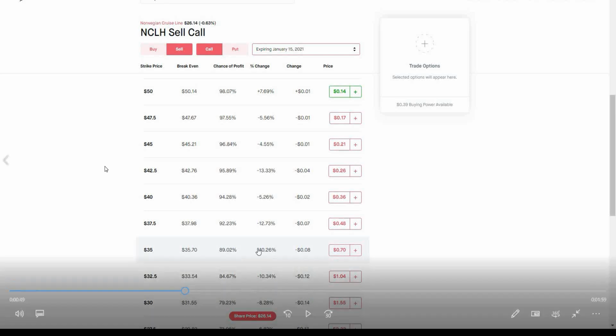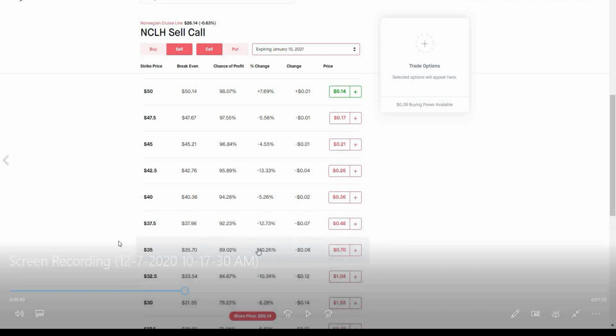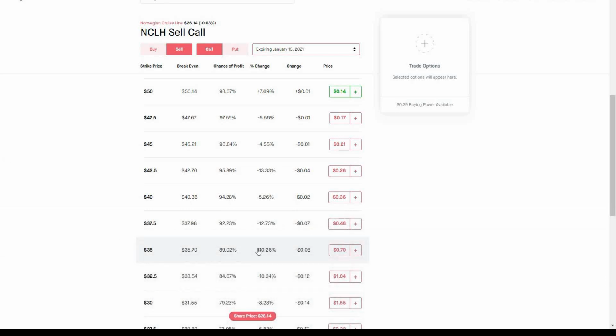So I end up getting $3,570 overall. The only bad side to this is if the price skyrockets to $45 by this time, which is $20 above the price now, then I still have to sell my shares at $35. So I'm losing out on that additional profit. I lose the shares altogether. So the conservative route to play is